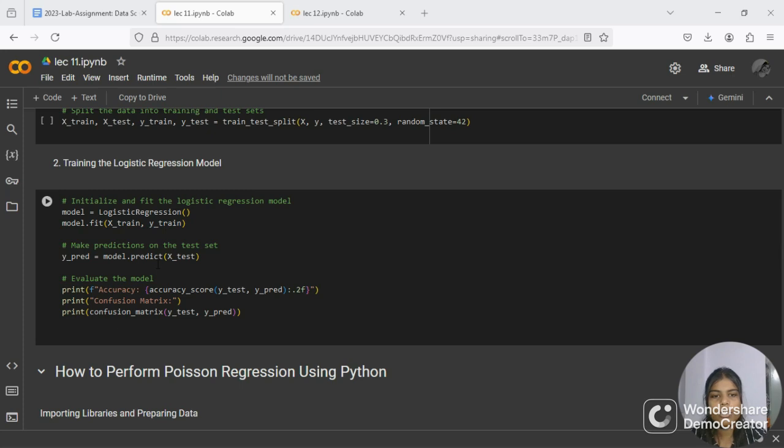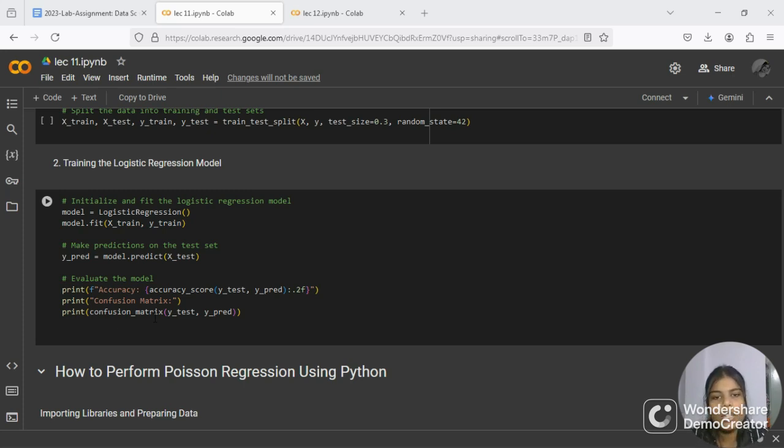And we are evaluating the model, in which print accuracy calculates the accuracy of the model by comparing the predicted values with the actual values and prints the result as a percentage with two decimal places. Print confusion matrix prints the header for the confusion matrix, and the next print calculates and prints the confusion matrix, which shows the number of true positives, false positives, true negatives, and false negatives.